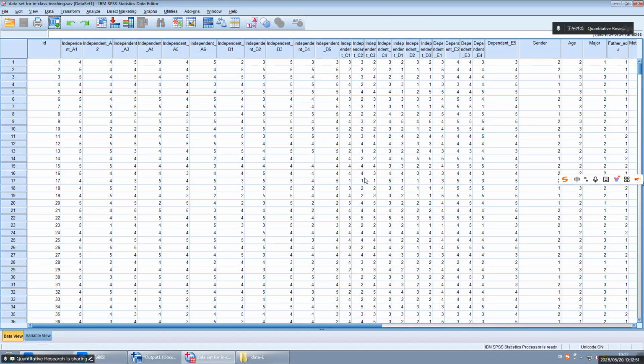But when I use 1 to represent Asia, when I use 2 to represent Africa, I use 3 to represent Europe, the software also sees 3 larger than 2, 2 larger than 1, right? But the thing is that Europe is not higher than Asia.